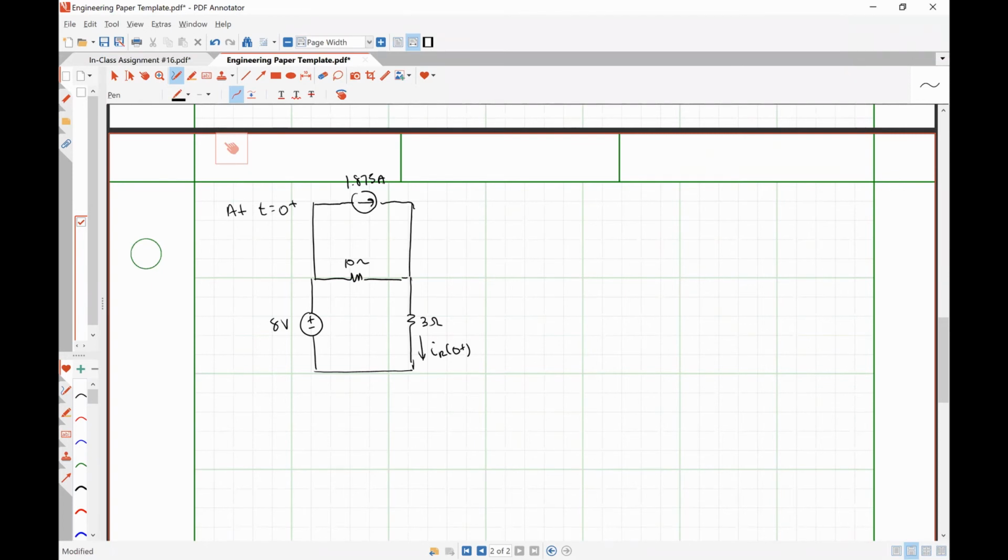Could you do superposition? You could do superposition indeed. So using superposition, we'll see how much we can fit here. With a voltage source on, current source off, this is going to look like